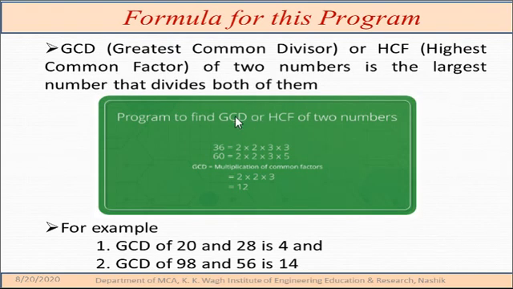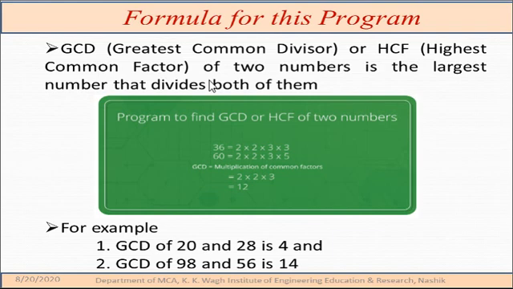Now the formula we use, that is, what mathematical calculations we do for calculating the GCD and LCM. Let's discuss. For GCD, hope everybody already knows, GCD stands for greatest common divisor, and sometimes it's also called the highest common factor. For calculating the GCD, we require a minimum of two numbers, and as given in our problem definition, we have to calculate only for two numbers. So we take two numbers from the user and apply the concept on them.